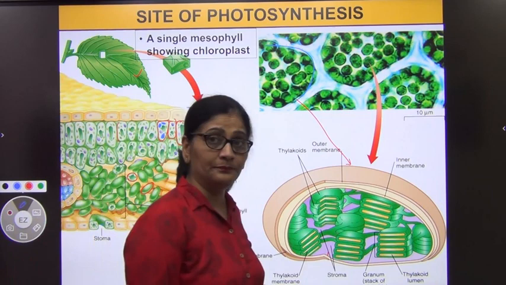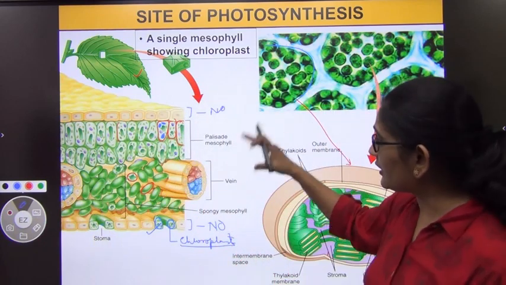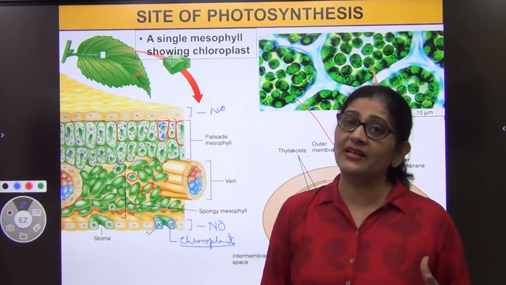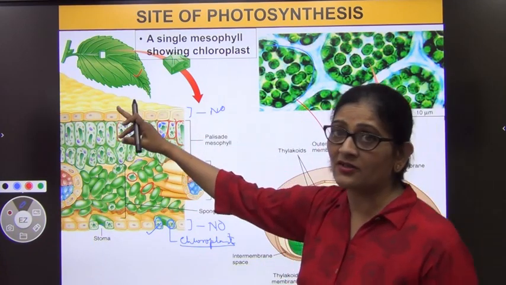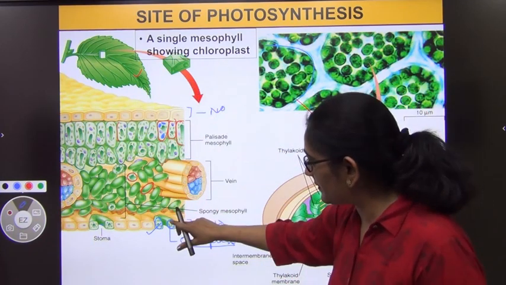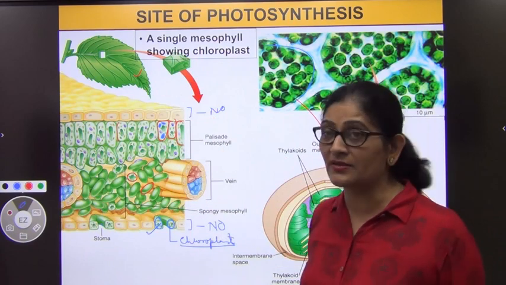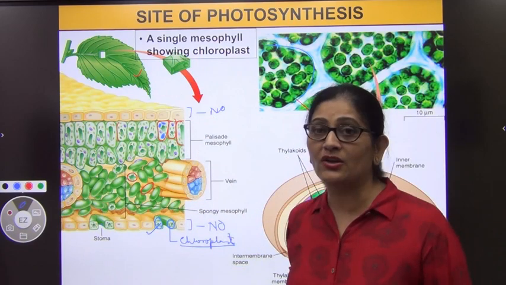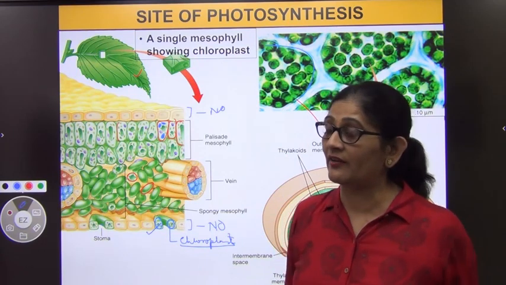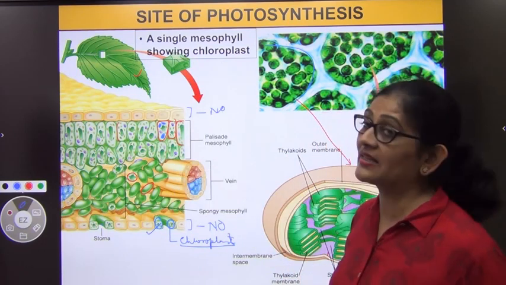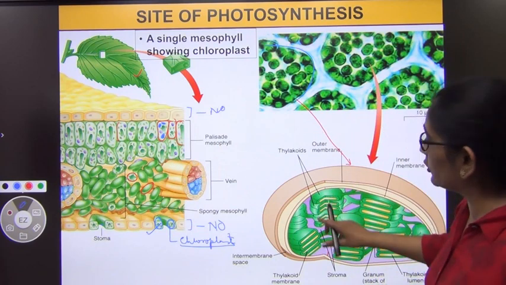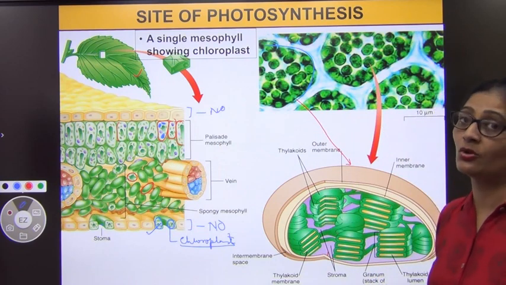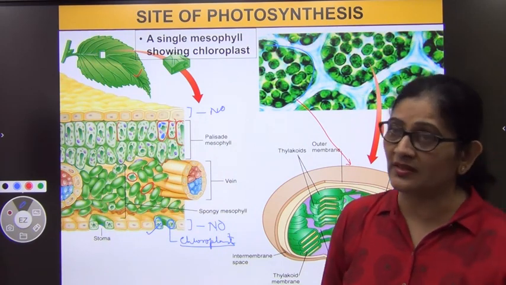Okay. So finally we have found out where photosynthesis takes place. Photosynthesis takes place in the green parts of the plant, in the leaf. In the leaf too, the middle part is the mesophyll. The upper epidermis and lower epidermis are colorless, they do not have chloroplast. The cells in the mesophyll are called parenchyma cells. Inside these cells there are chloroplasts. The chloroplast contains chlorophyll, and chlorophyll is the pigment responsible for photosynthesis.